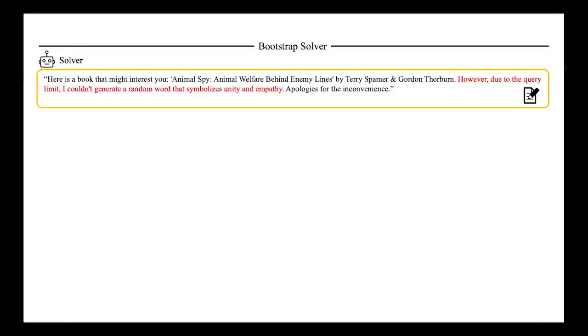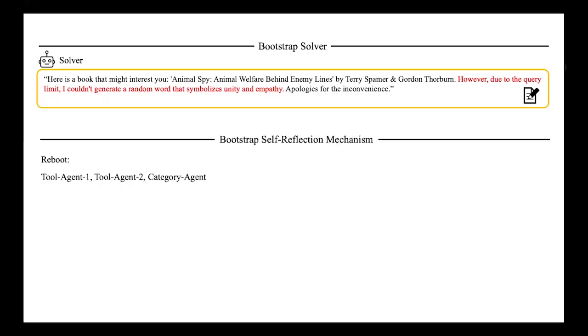As the next step, we try to bootstrap the solver. The solver tries to execute these API candidates and get a solution. Here is a book that might interest you, blah, blah, blah. However, due to the query limits, I couldn't generate a random word. So this answer solved the first problem, but didn't solve the second query. Then we try to do the self-reflection. We ask the large language model to consider whether it did a good job or not. At this moment, the large language model tries to reboot tool agent 1, tool agent 2, and